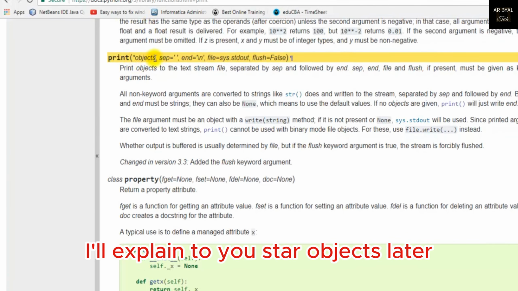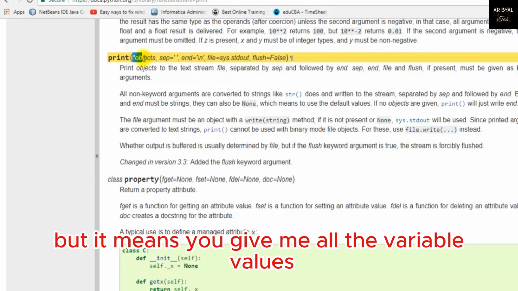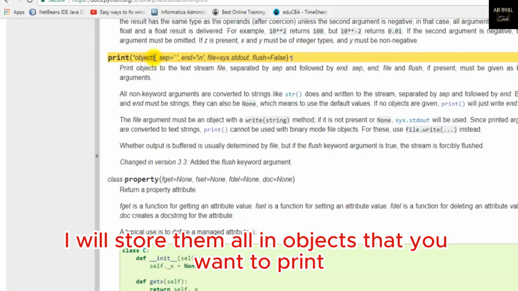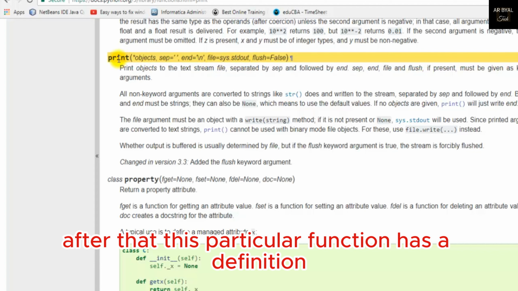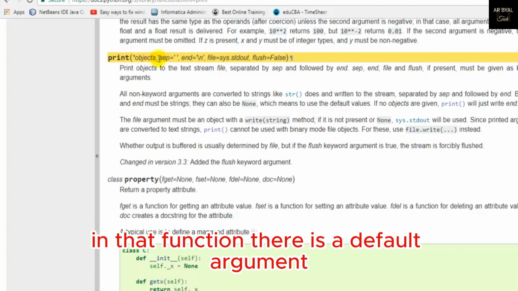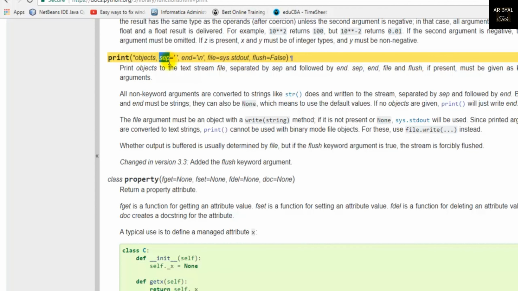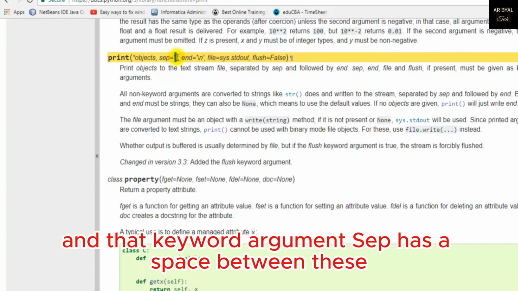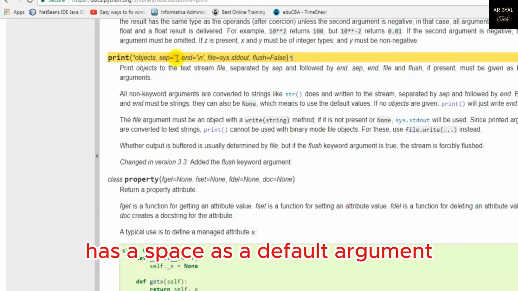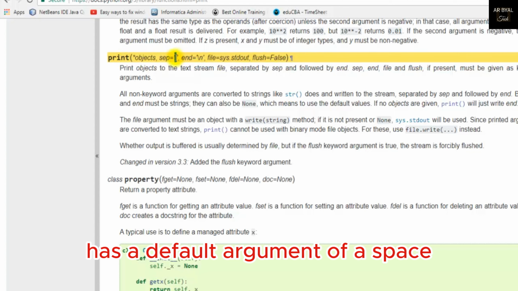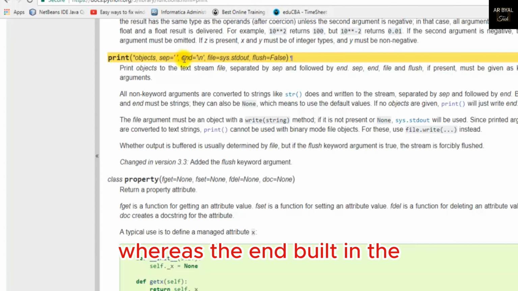I'll explain star objects to you later. But it means you give me all the variable values, however many values you want, and I will store them all in objects that you want to print. After that, this particular function has a definition. In that function, there is a keyword argument called sep. Can you see this? And that keyword argument sep has a space as a default argument,